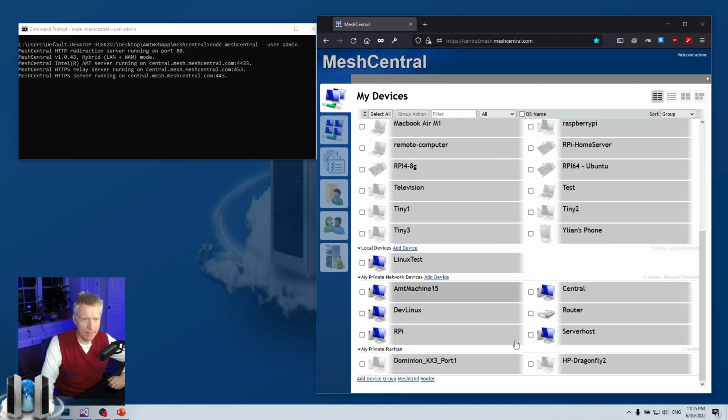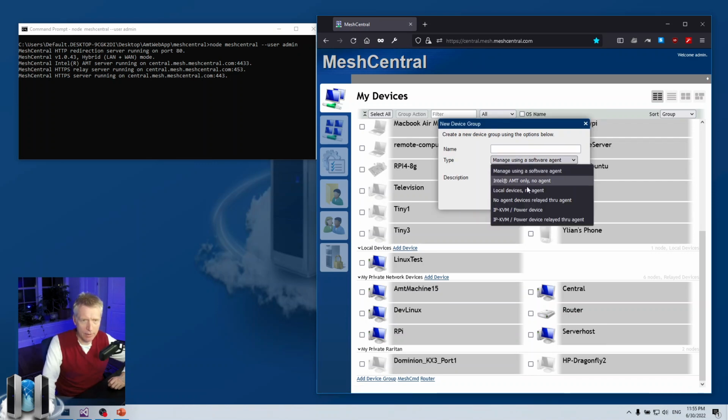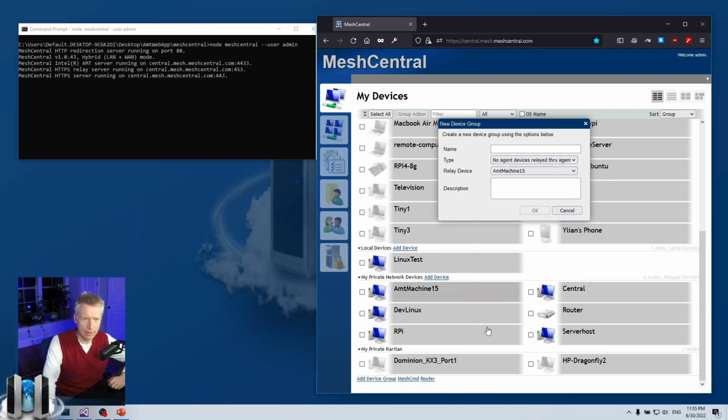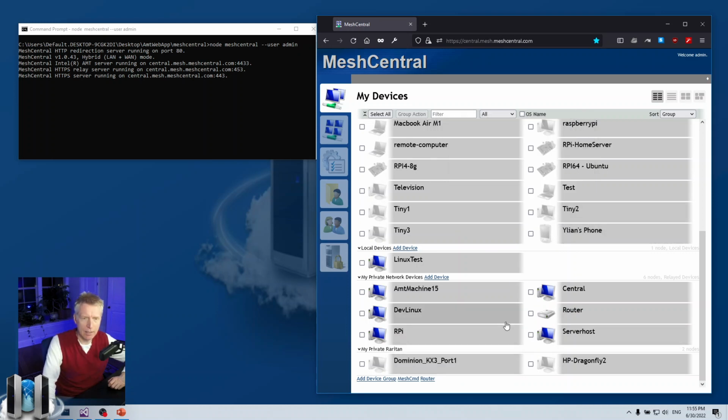But this entire technology works for local or relayed local groups. So here I have a device group. The way I created it is I went to add device group, and created a no agent, devices relayed through an agent group. Then I added my home router.